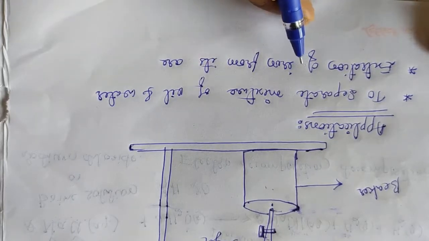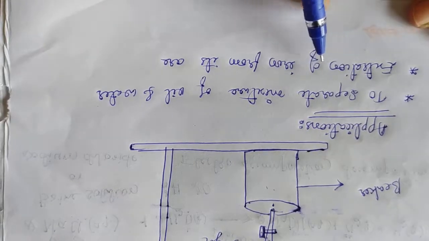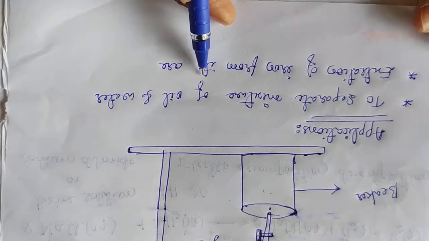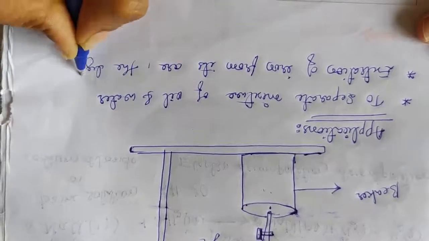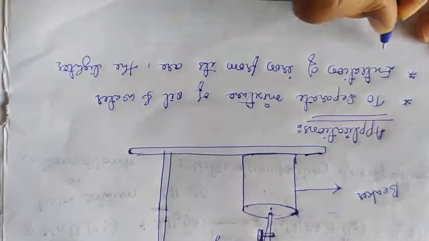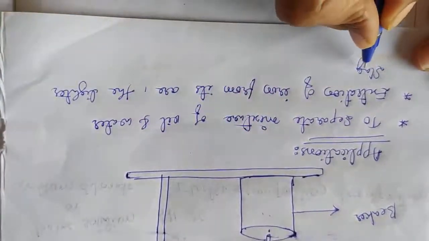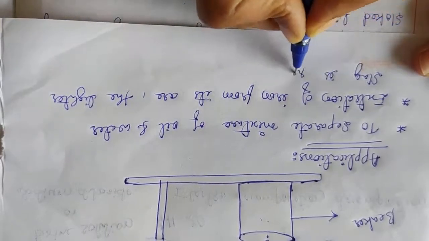In metallurgy we can use this separating funnel technique in the extraction of iron from its ore. Here the lighter slag, which means unwanted material or impurity, is removed